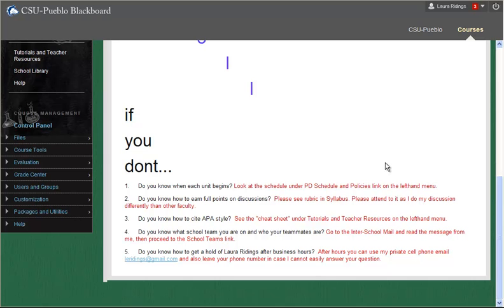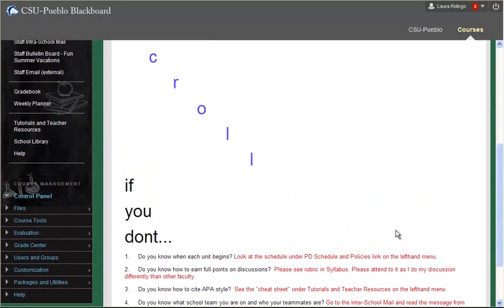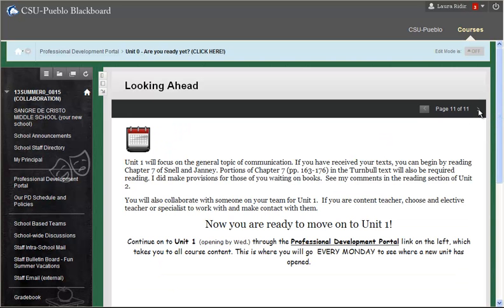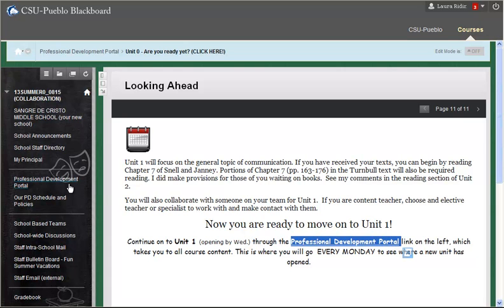If I go to page 10, that's just a little activity, questions to ask yourself. If you scroll down, if you didn't know the answers, here are those answers to self-check. And then the very last page, as I always say in every unit, is the looking ahead. And this gives you an understanding. Continue on to Unit 1 through the Professional Development Portal. Again, that's underlined, it's over here. So if you want to go to Unit 1 then,